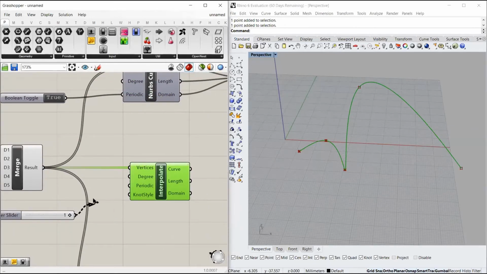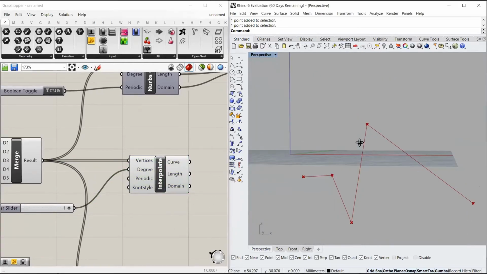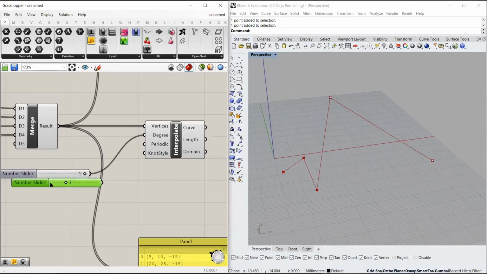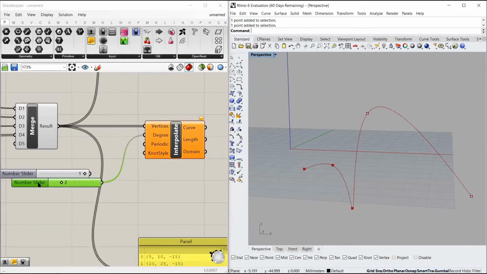So if I input this degree 1, you see the degree changed the smoothness of this curve. It is now just like a simple polyline connected by straight lines. So degree is something which controls the smoothness of a curve. And if I make another number slider and I get 2 over here and I input this 2, you see it gave an error.